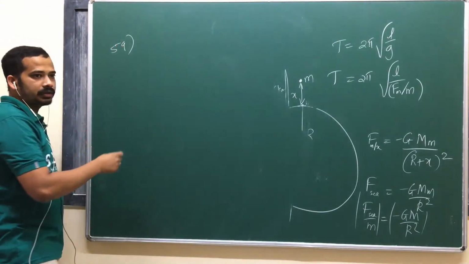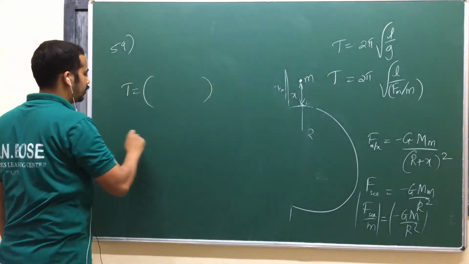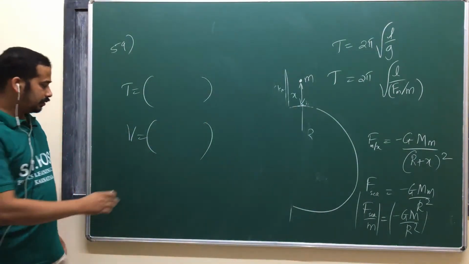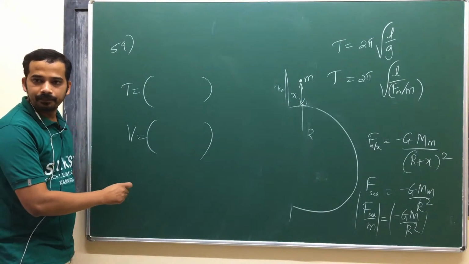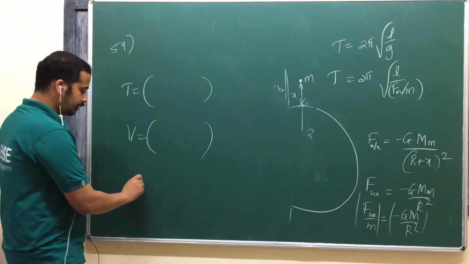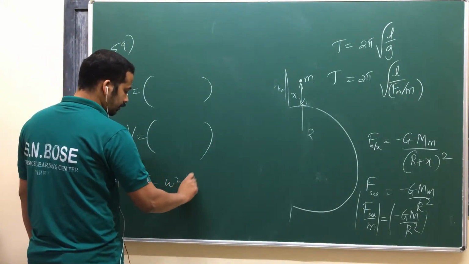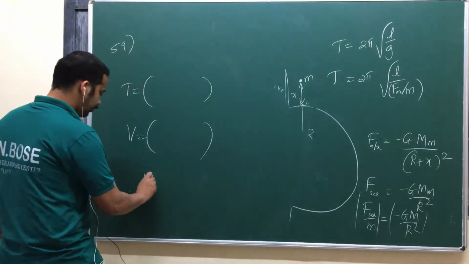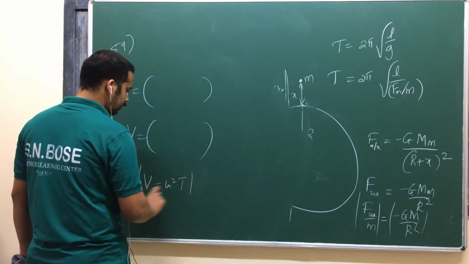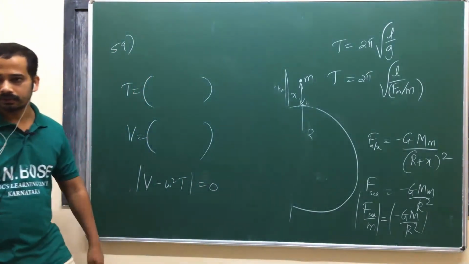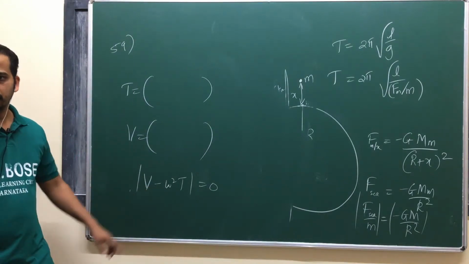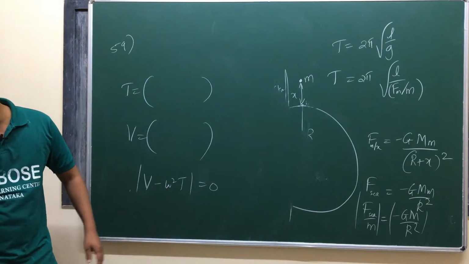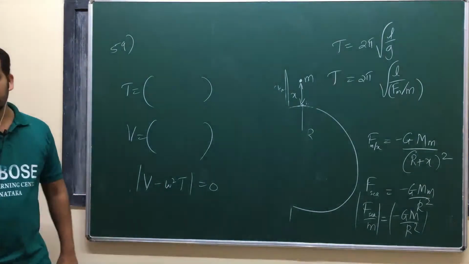Again, you have to write the kinetic energy matrix. You have to write the potential energy matrix. And then the determinant of V minus omega square T is equal to 0. You have to solve for omega square. So a 2 cross 2 determinant and 2 roots will be there. For omega square you will get 2 normal mode frequencies, but that required a calculator.